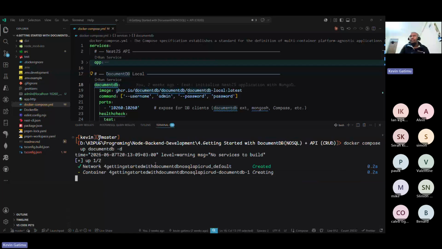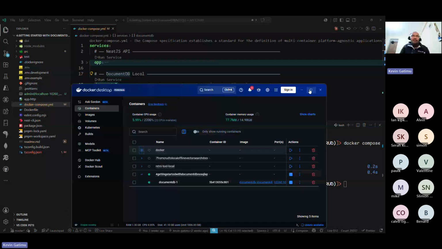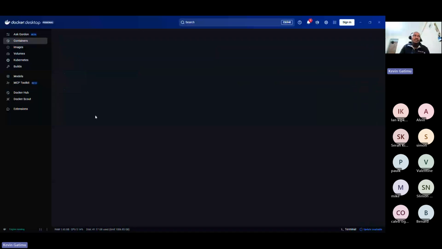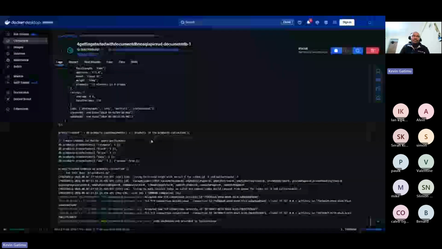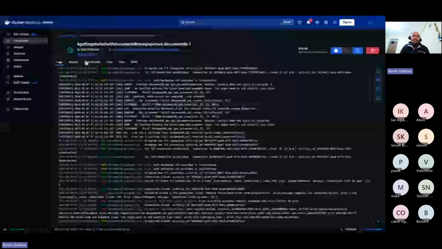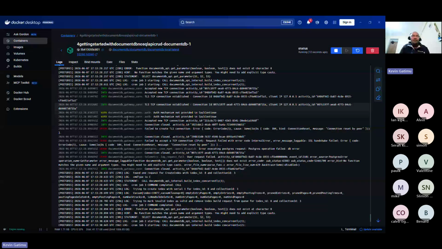So if we come here, we shall see our document database, which is creating a few things, testing this and that. There's this error, but it's not something you should be worried about. It's testing with gateways, and we are not going to use that. So as you can see, the database is up and running,